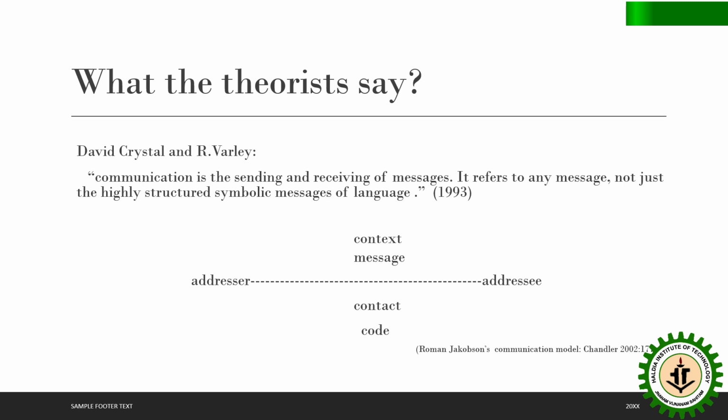And as I create that message, I also have to consider the fact that this person, my target audience, is my friend. And hence, I will use a language, the code, that will clearly express what I feel at the moment. And one thing, let me tell you, whenever we communicate, we communicate as per the context, the situation, and the relationship that I share with my target audience.